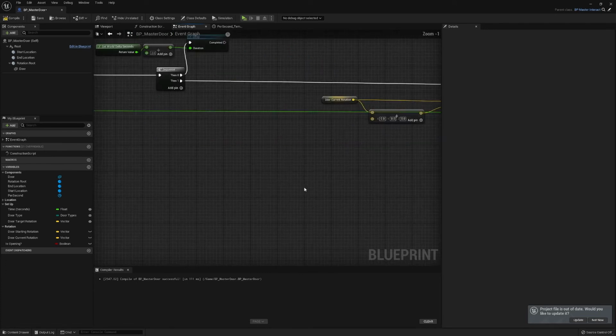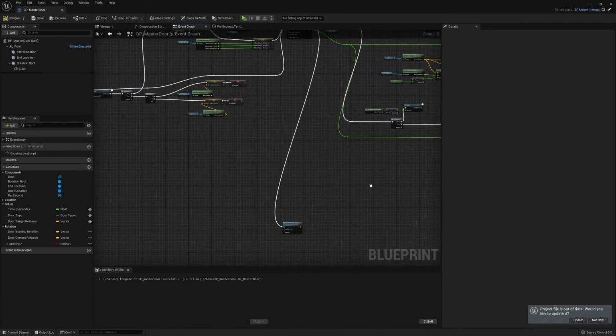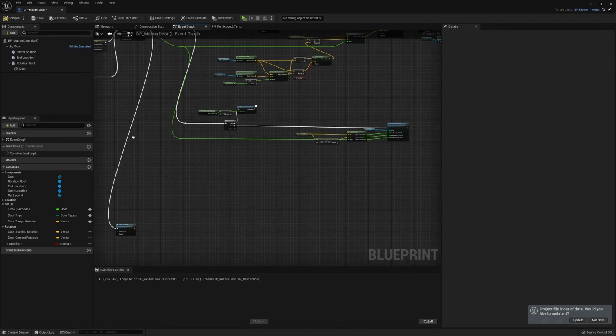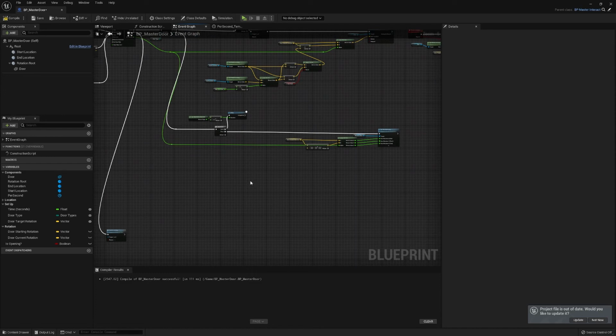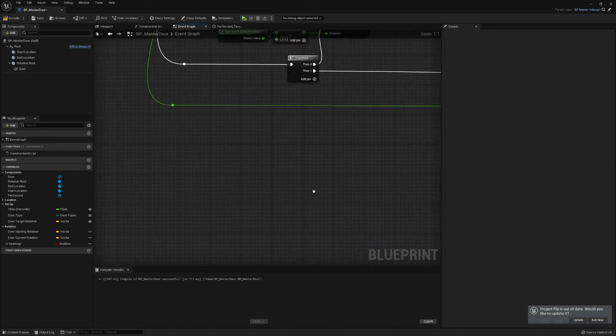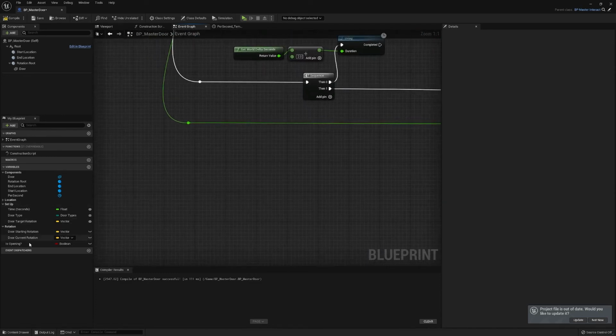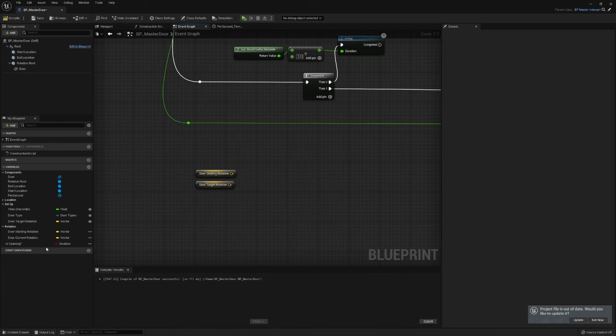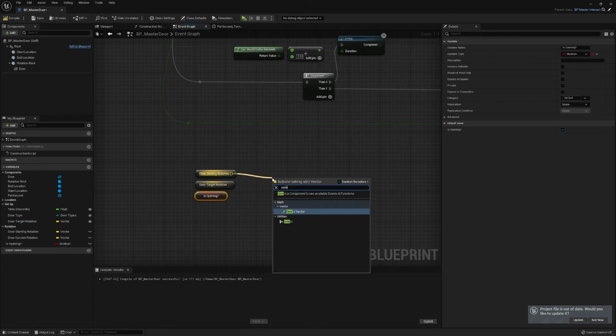Right, and then we're going to do our switch a little bit differently. We're not going to do it over here with our rotation, we're actually going to do it in our movement. So we want to get the door starting rotation, target rotation, and if we're not, we're opening. To select the vector,